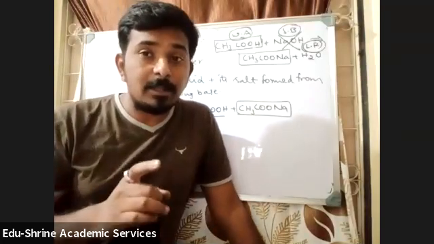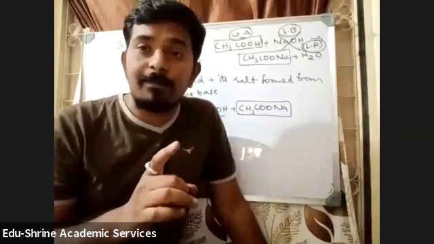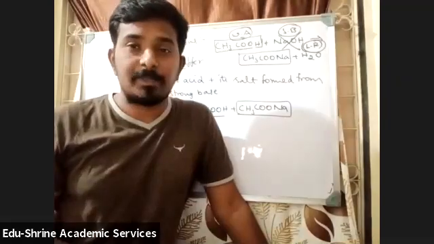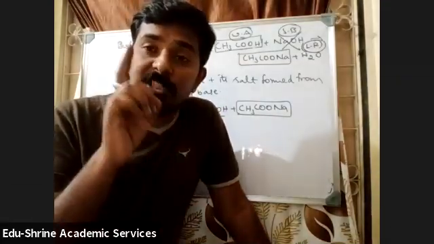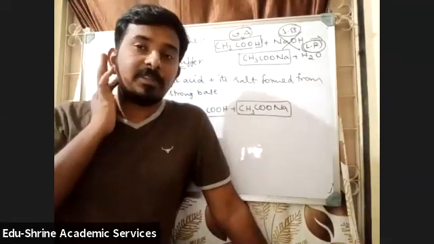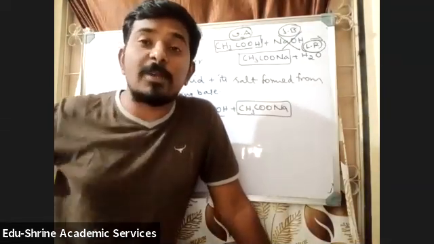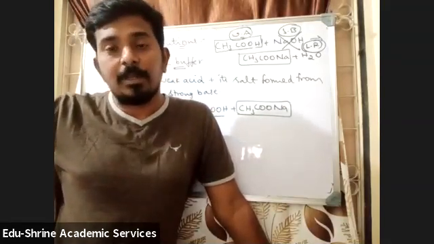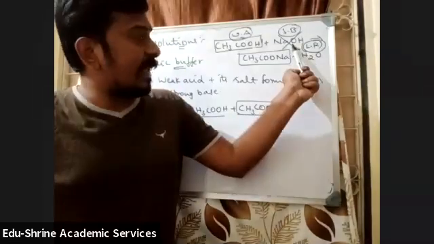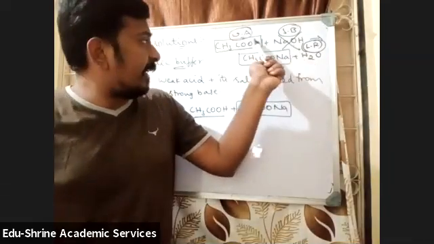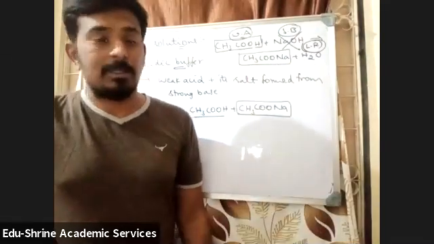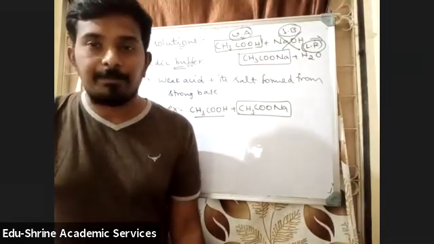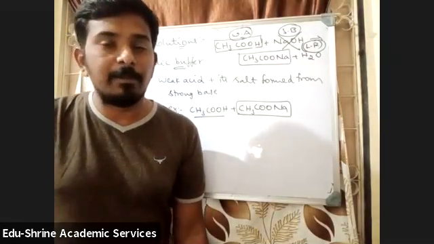You are following what I am doing? For any type of salt hydrolysis, both acid and base must be the limiting reagents. That means both equivalents must be the same. Then it will be salt hydrolysis. If strong base is a limiting reagent, then weak acid and salt will be left out. That will be an acidic buffer. Okay, understood? Very important this is.